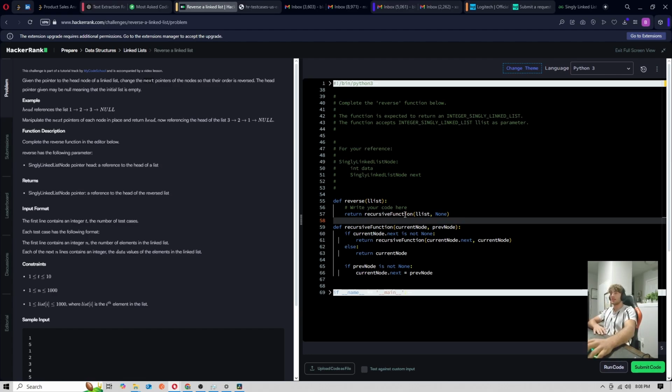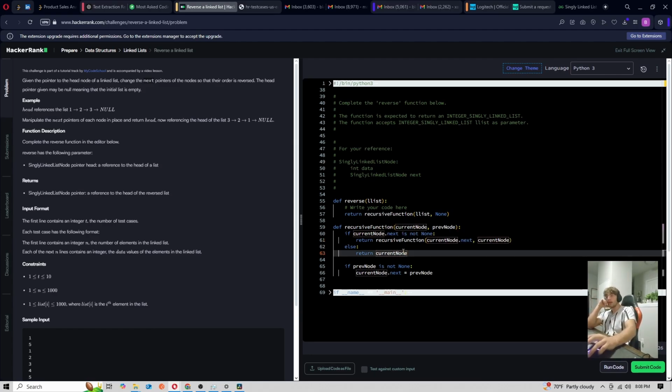The idea behind this is it's going to basically iterate until it gets to the end of the list. So it's going to say if current node.next is not none, then it is going to run the recursive function and it's going to return it, right? So every time that it runs a recursive function, it goes a layer deeper, it goes one further into the list, and it also keeps track of the previous node, and that way, as you can see,